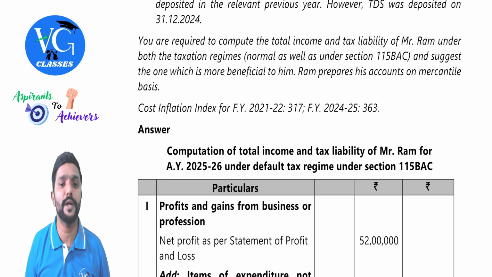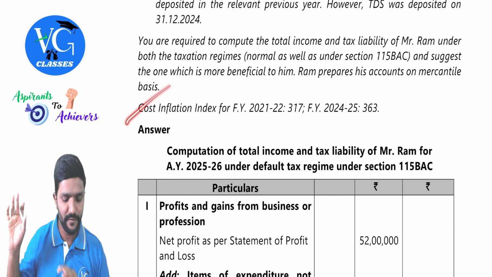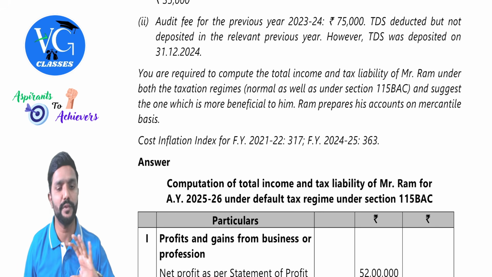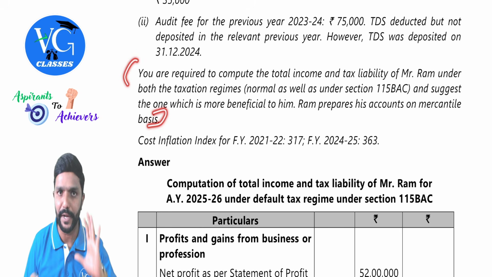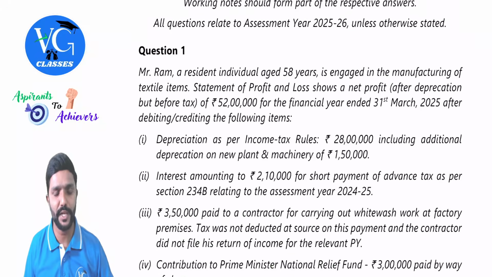Ram prepares his accounts on mercantile basis. Guys, which is more beneficial means wherever the tax liability is lower. Yes, fine. They have also given the cost inflation index, that is for capital gains computation. Okay. Now, once you understand the requirement, please go and read the data or the information given in the